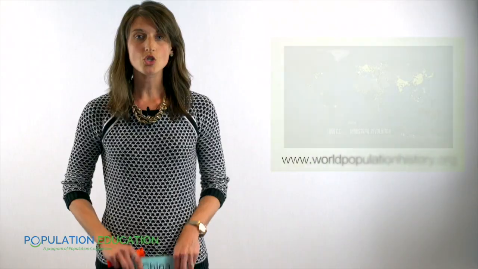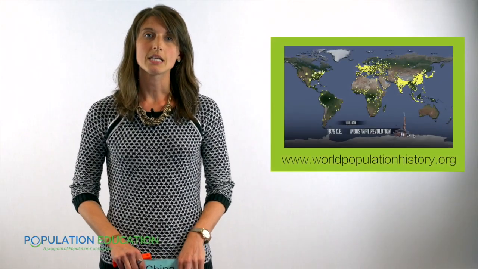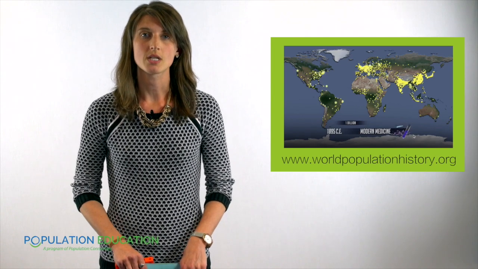Now, this is a fairly lengthy, in-depth activity, so you can do a condensed version or do only sections of this activity in one class period, or you could spread it out over several class periods and go more in depth. The activity is appropriate for high school audiences. It has very strong ties to AP Environmental Science, AP Human Geography, as well as World Geography, both general and AP. To complete the activity, you will need access to the World Population History website.